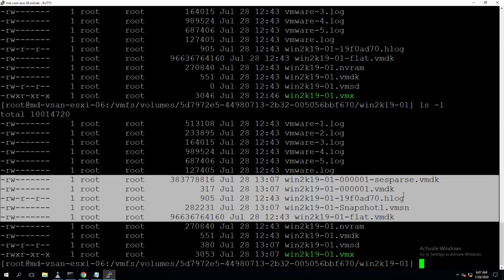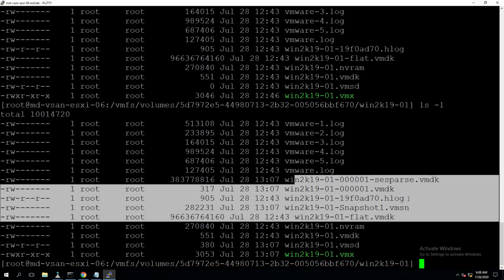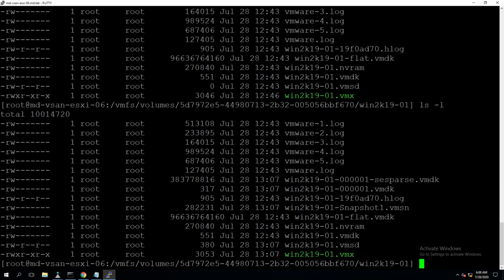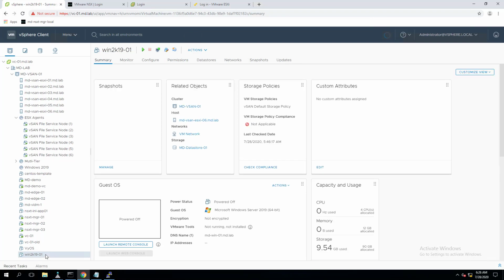Imagine the datastore where your virtual machine resides does not have enough capacity. You may suspect that if you take a snapshot, that datastore may go down, or you don't have the feasibility to expand the datastore. In that case we can specify a different datastore. In my case, I have a datastore with only 17 GB of free space, so I'm going to assign another datastore as the snapshot location for my virtual machine.